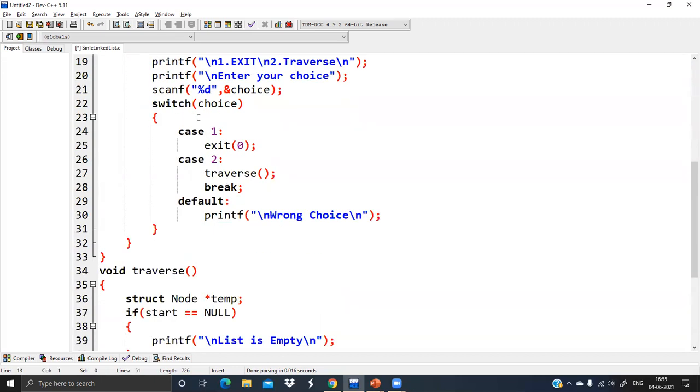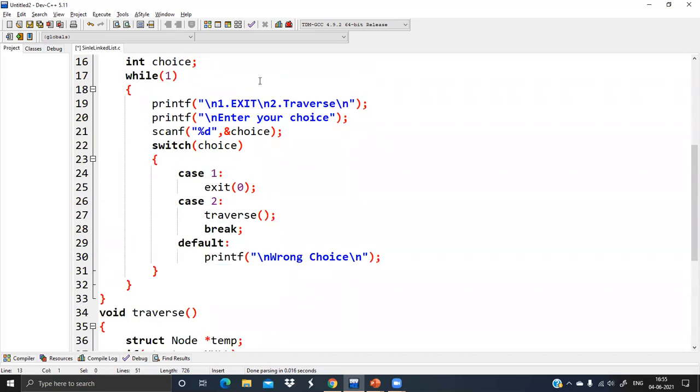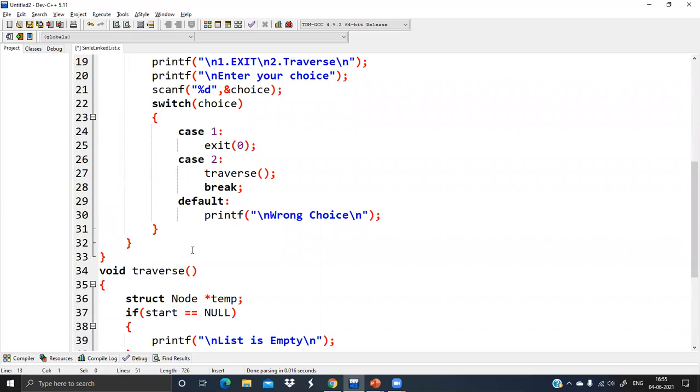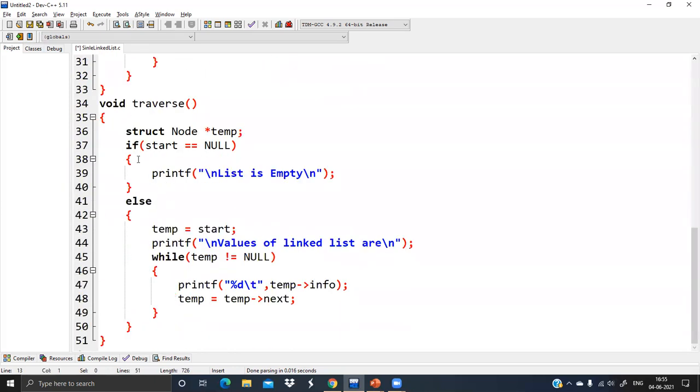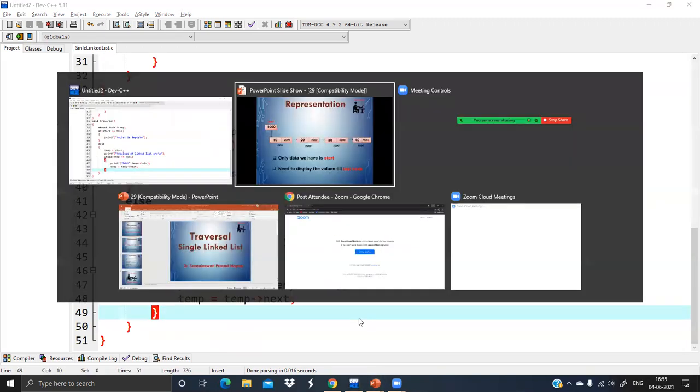That choice will pass through the switch case, and similarly we'll add options one by one for the user, and also functions one by one in the same program to execute the operations of single linked list. Okay, so case 1 is for exiting the program, case 2 is for traversal, and then we have defined the traverse function, as per our discussion. Clear?